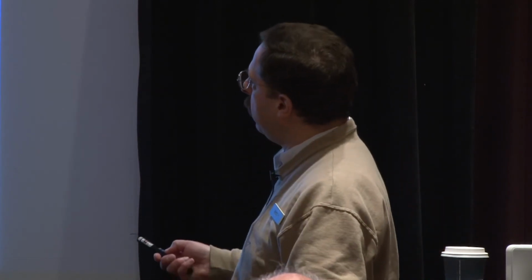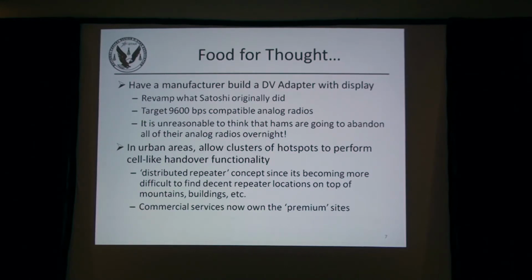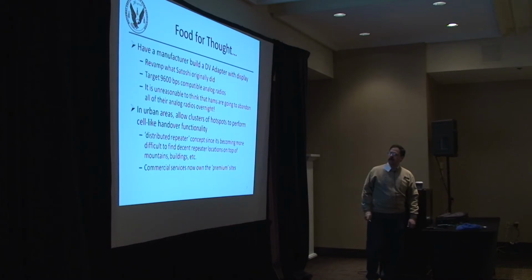My other comment is that I don't think it's reasonable. The D-Star crowd is very rah-rah D-Star, and I don't think it's realistic that people are all of a sudden going to see the light, that a beam of sunshine will come down and people will automatically throw all their radios away. That isn't realistic. So I really see at least 10 years or so of this transition period, and I think we ought to leverage it. We have radios that have these 9600 baud packet ports. Why don't we use them more effectively?